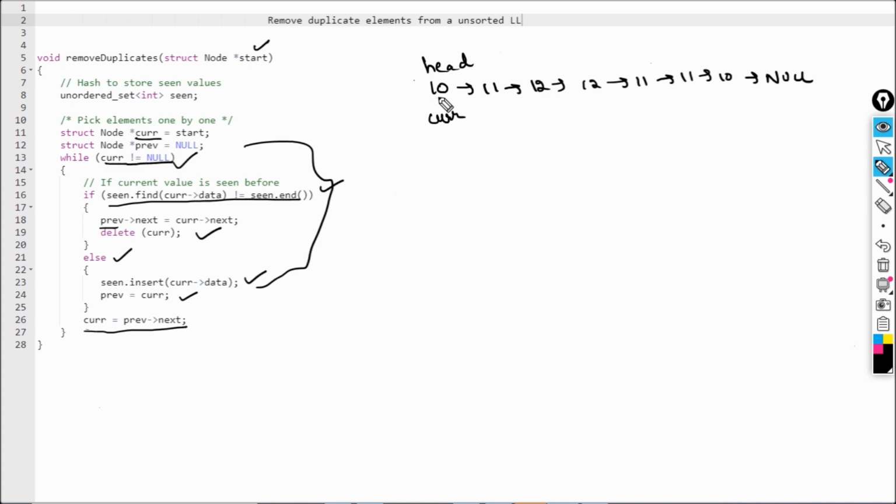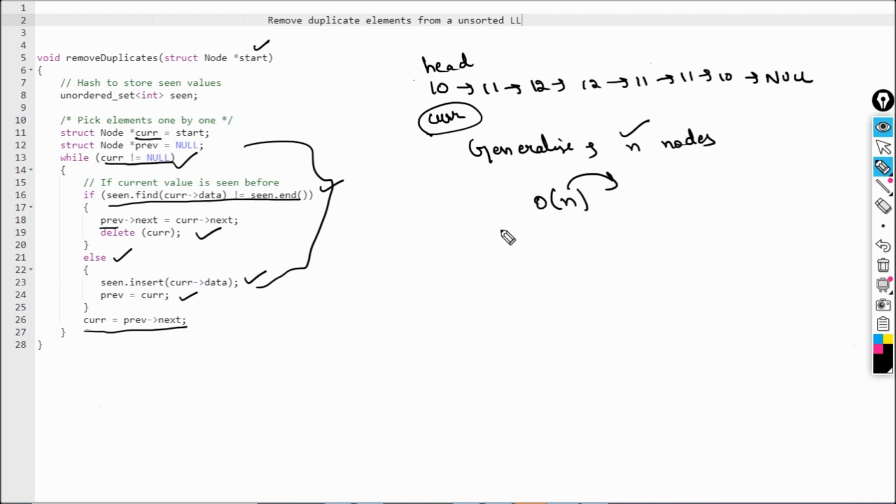I'm iterating over each and every node of this list, like current is visiting each and every node, right? So to generalize, if I say that my list has n nodes, on how many nodes will current visit? Current will visit n nodes. So basically, my time complexity will be O(n), because we have visited all the n nodes.